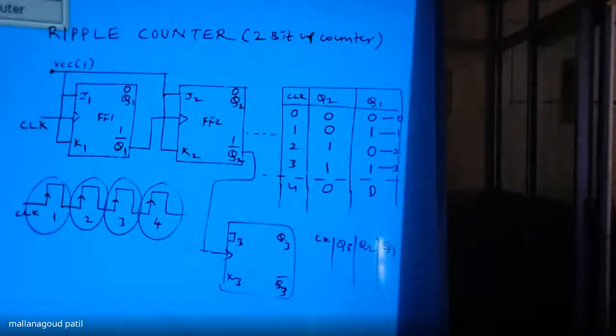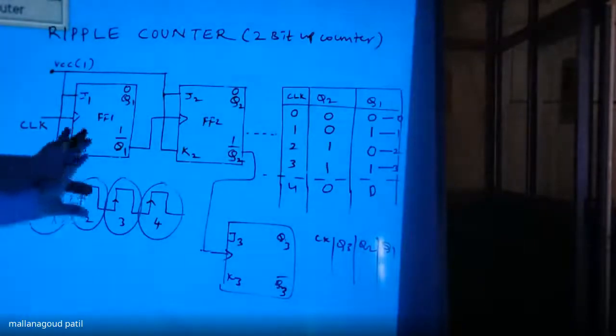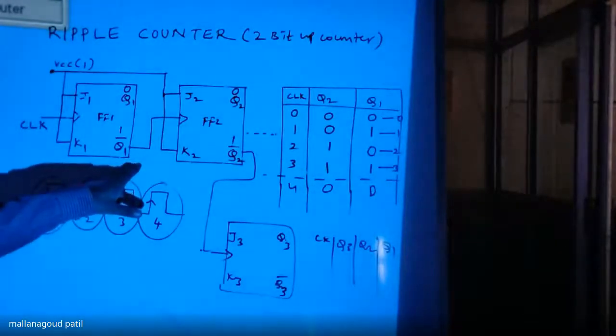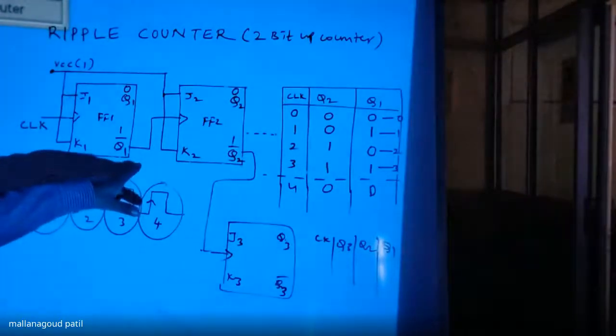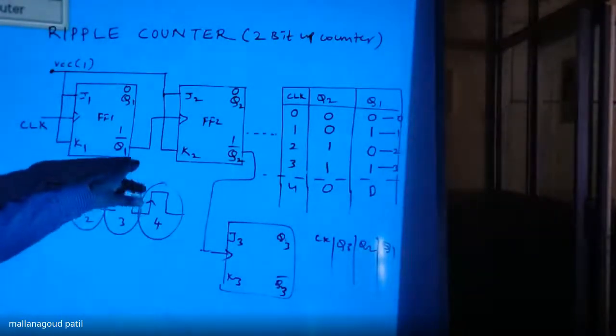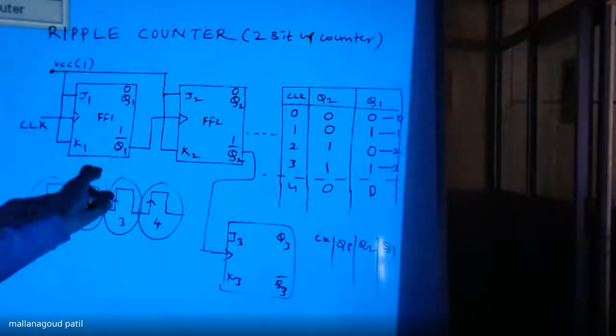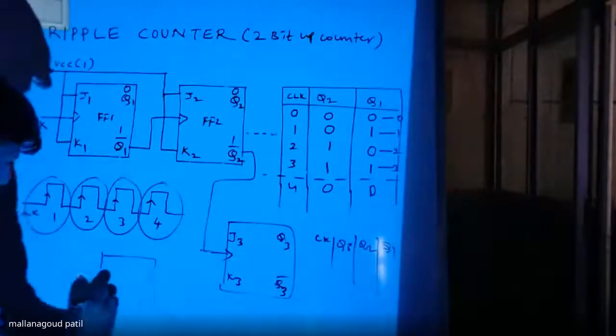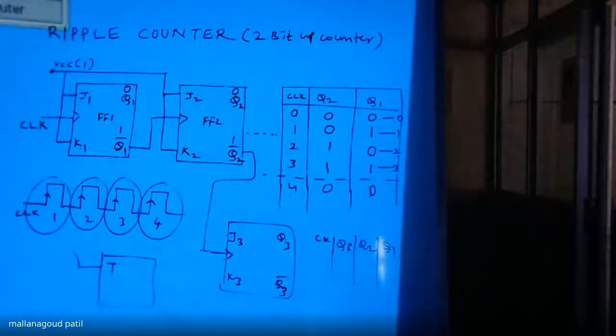Anyone you can consider, you have to build the ripple counter, either 2 bit, 3 bit or n bit, in an up counting or a down counting fashion. And this is the asynchronous fashion. You studied here what exactly asynchronous means and how up counting and down counting are designed with clocked flip-flops. I used JK here; you can use T also. T directly can be used for the input connections.